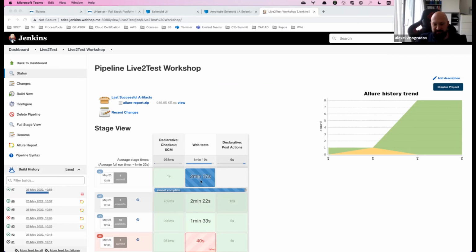Actually, it doesn't make them slower per se, but because our virtual machines are pretty low profile, the recording takes up processor time and RAM as well. So the tests are a little bit slower in this case because video recording is using more resources and slows down the whole machine.